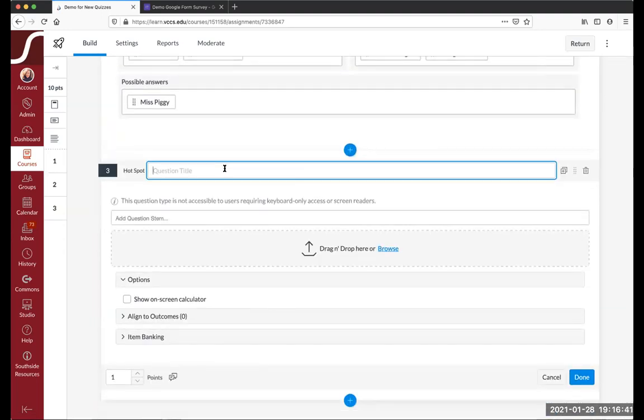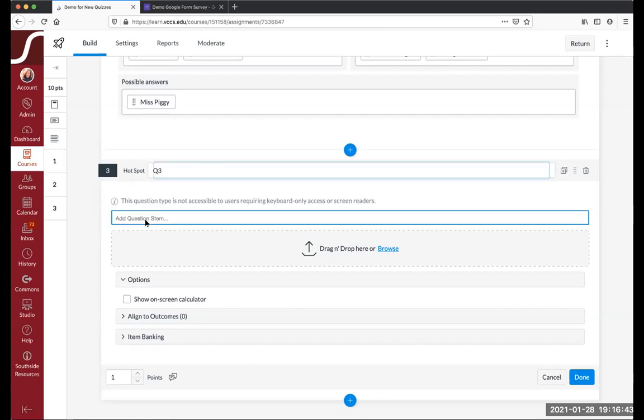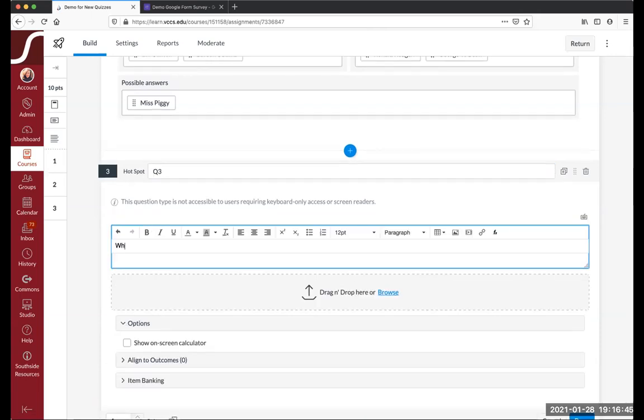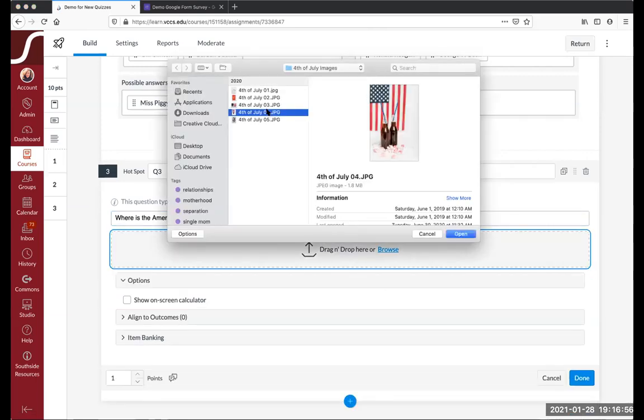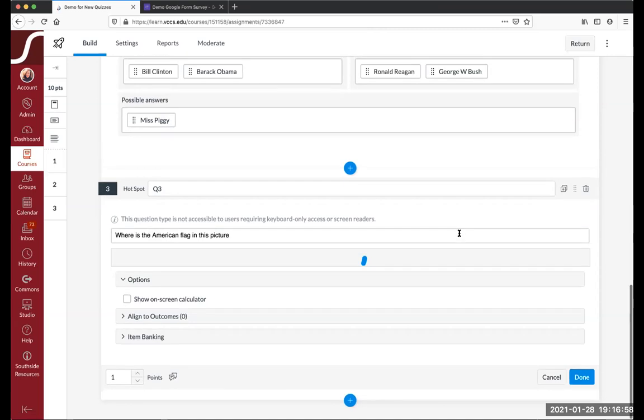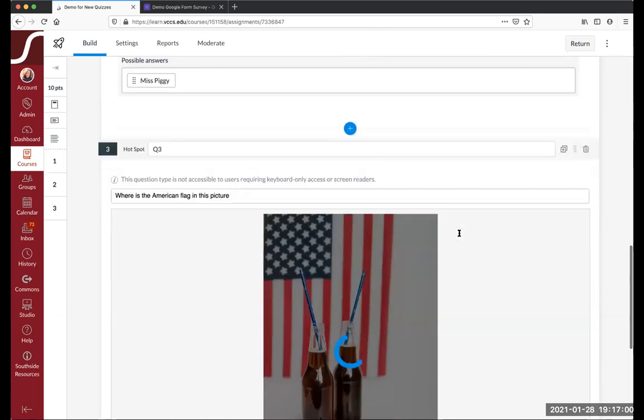So this is Q3, and we're going to say, where is the American flag in this picture? Because I know I already had that set up earlier. And we're going to choose this. And when I have this picture added,